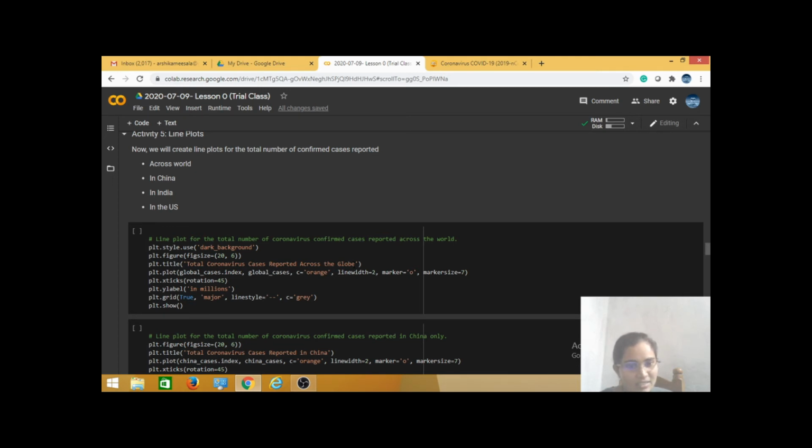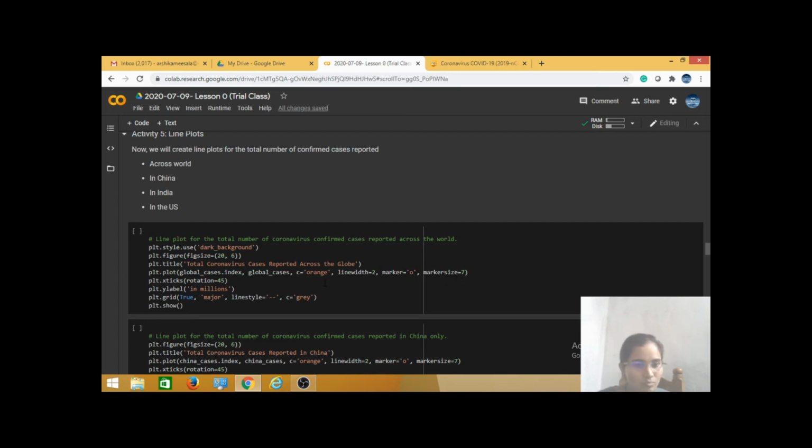I can change these titles according to my cases or according to my work. Next one is plt.plot global cases index, global cases, color orange, line width 2, marker equal to 0, marker size equal to 7.